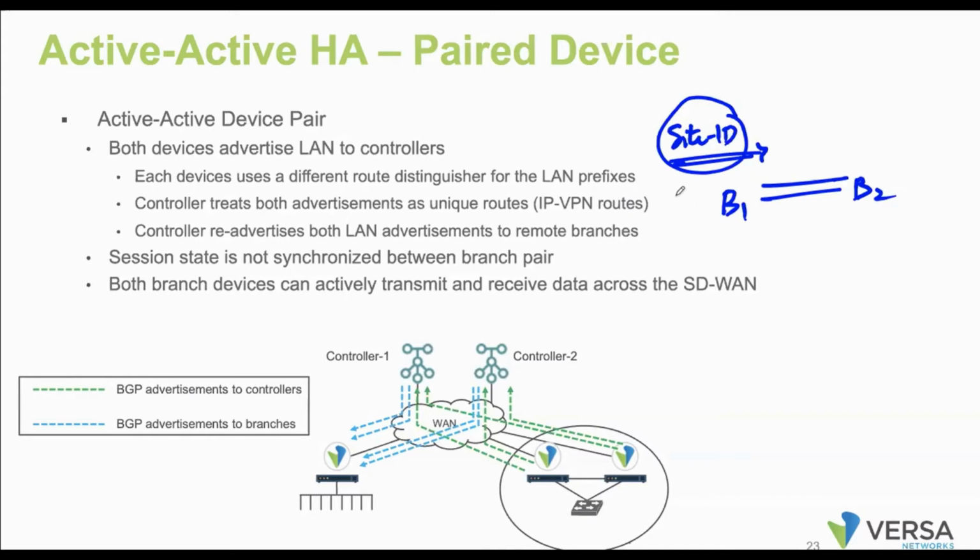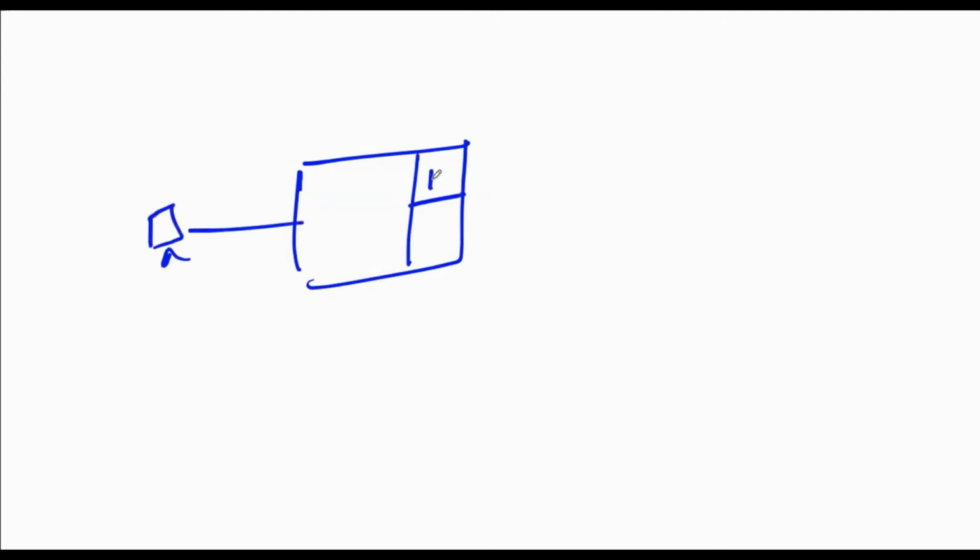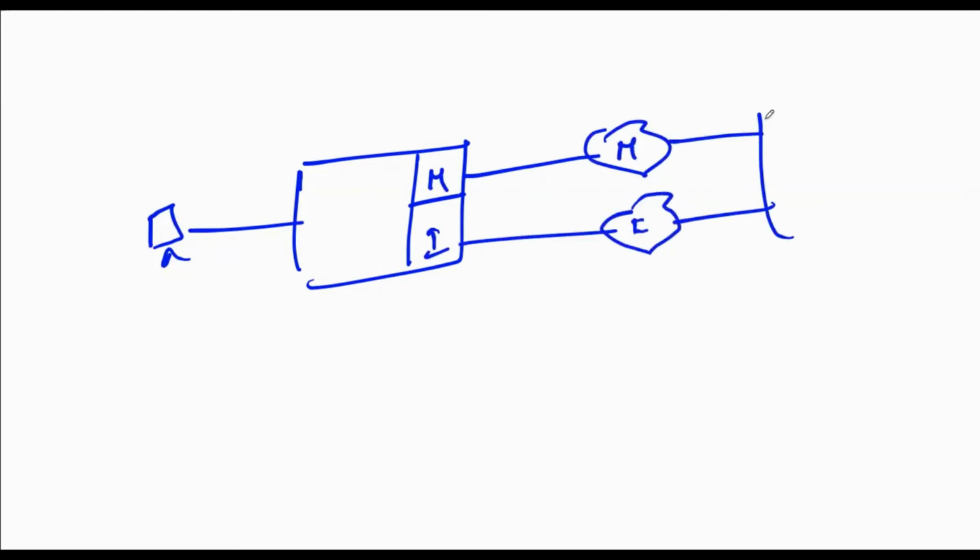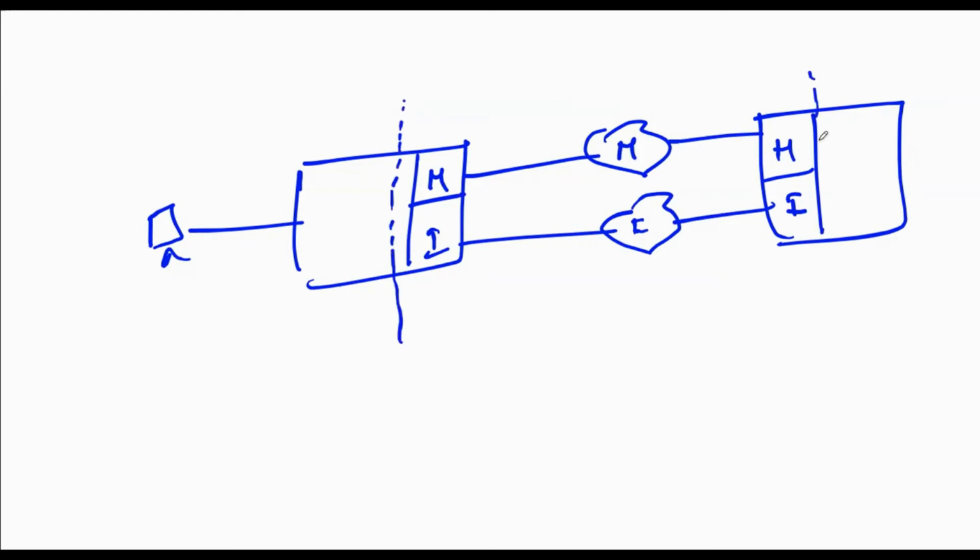So when you say it's going to be symmetric, let's just assume that in branch 1 we have a user machine sitting, and in the hub side we have a common internet breakout somewhere. So the customer has a common internet breakout. When the traffic goes out, the router is not maintaining a session table like a firewall, or is it maintaining one? Yes.